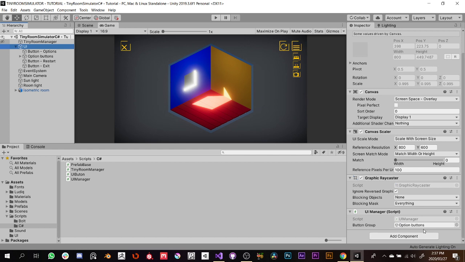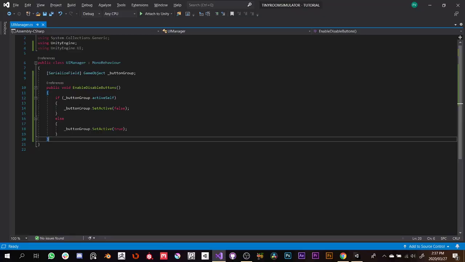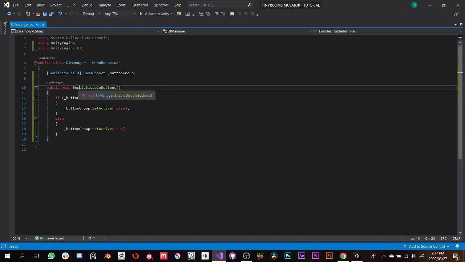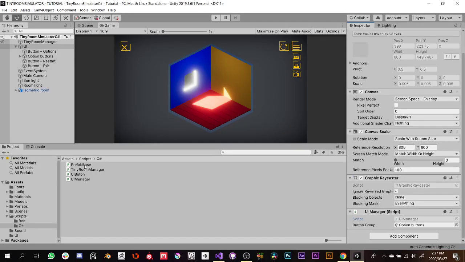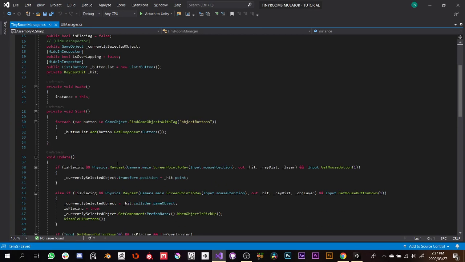Where am I now? I'm going to open up the script. So let's just have a script that will first find all the buttons and then call this function. So that'll be in the Tiny Room Manager. So I'm going to go back, open up the script called Tiny Room Manager. Remember, we're finding all the objects of object type button. So we're looking for all of them and we're adding them all to the list. Once we've added all of them to the list,